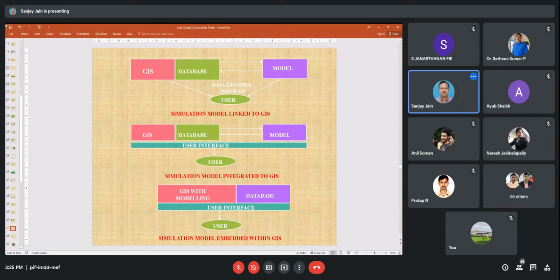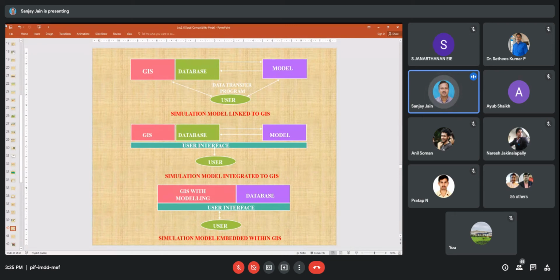And there are a number of models in hydrology which I can use separately with the help of GIS, and GIS will give me certain inputs. That is one thing. The second way of integration is if I can create a database in GIS and we can apply that software in GIS itself. That is nothing but what is called a user interface.